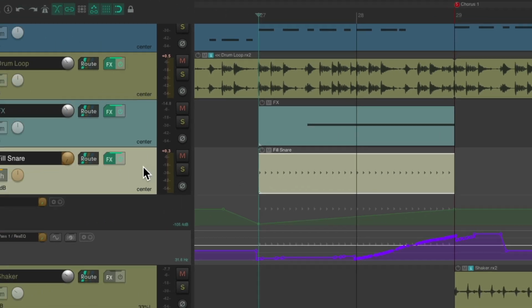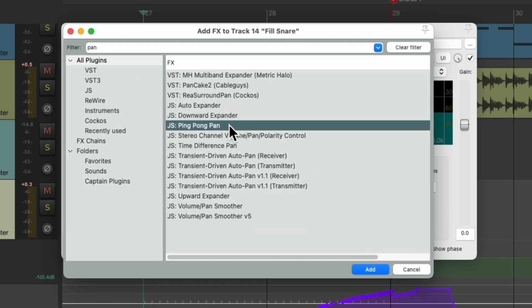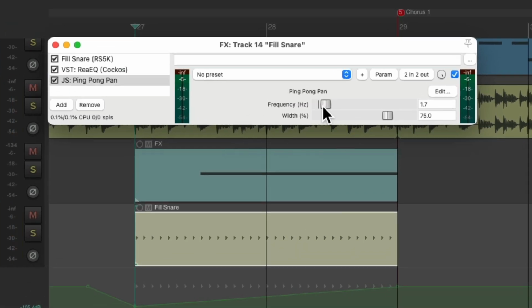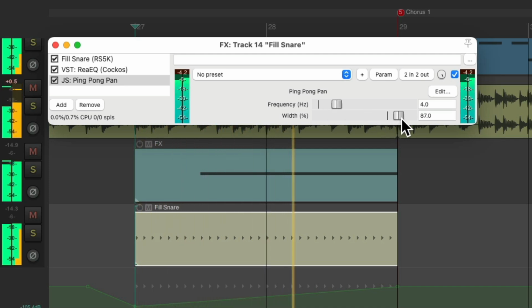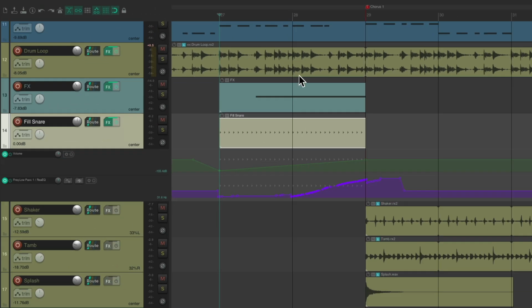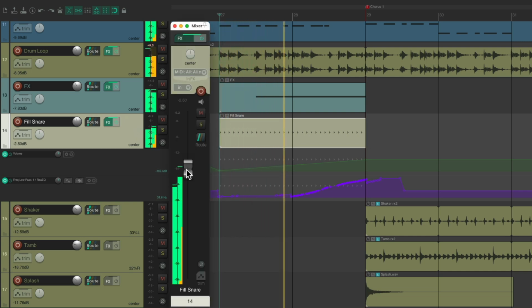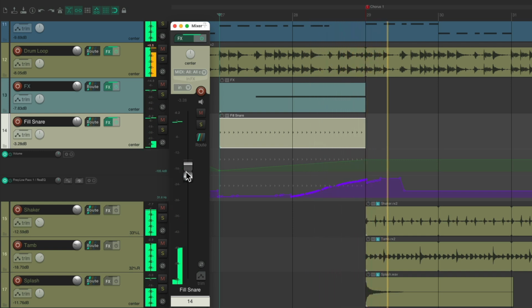Let's also add a panning effect using ping pong pan. Make it a bit faster and a bit wider. And can readjust the final level. Sounding good. Save it. And then finally, I want to add a sound effect into the chorus to really make